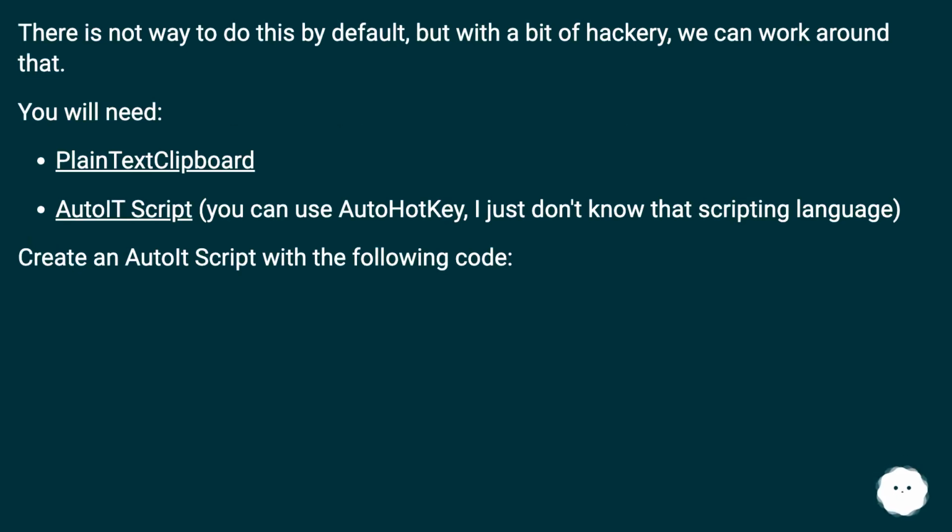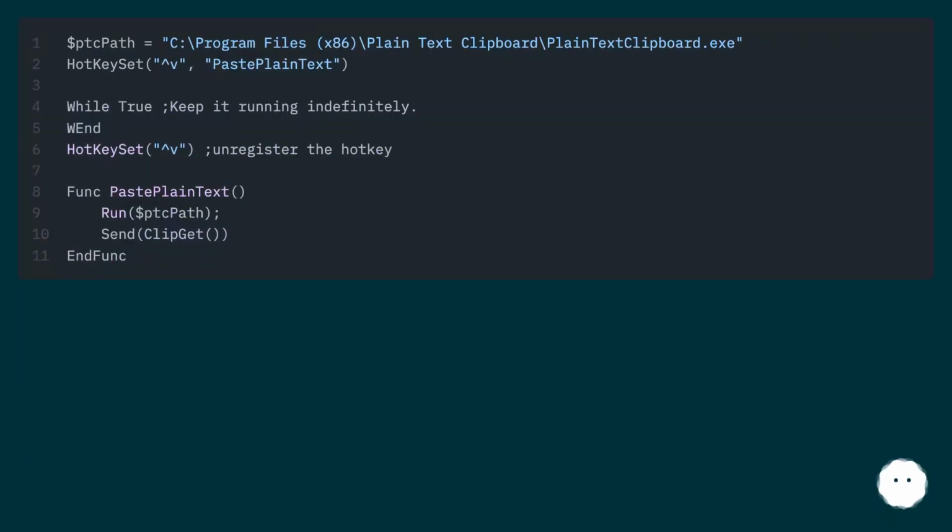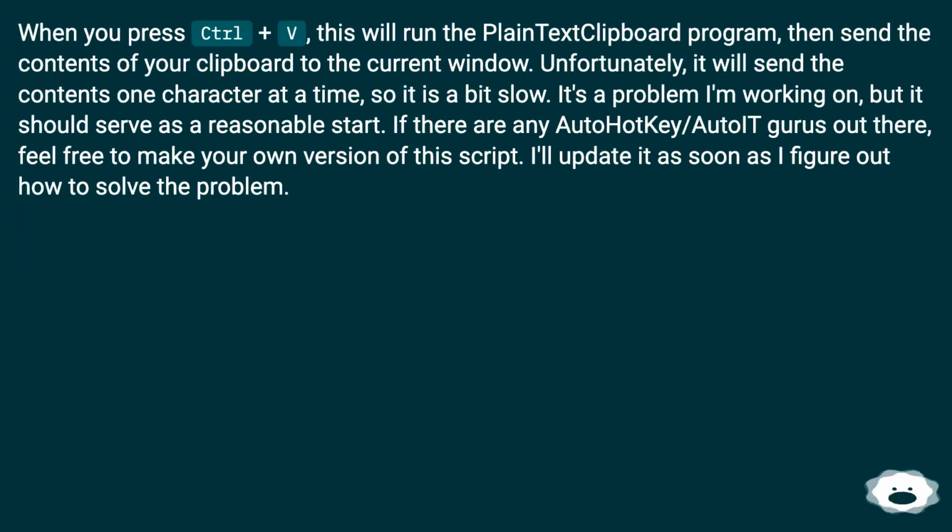You will need Plain Text Clipboard and AutoItScript. You can use AutoHotkey, I just don't know that scripting language. Create an AutoItScript with the following code. When you press Ctrl+V, this will run the Plain Text Clipboard program, then send the contents of your clipboard to the